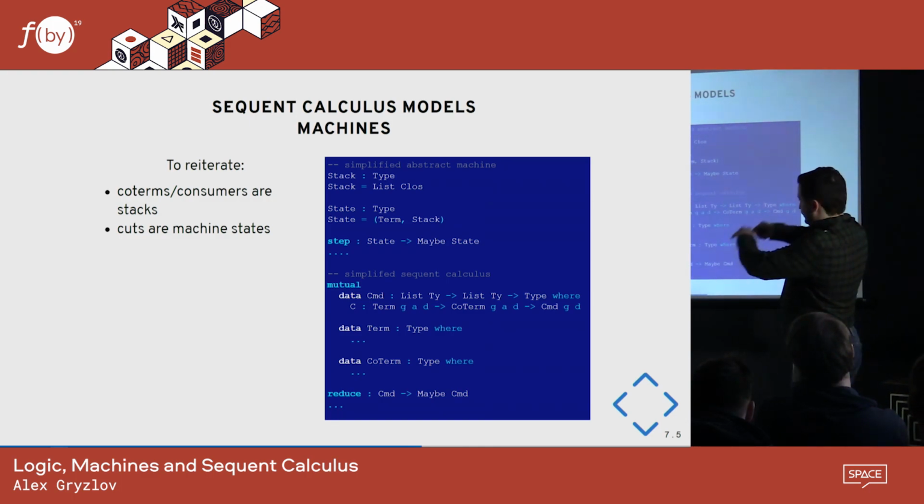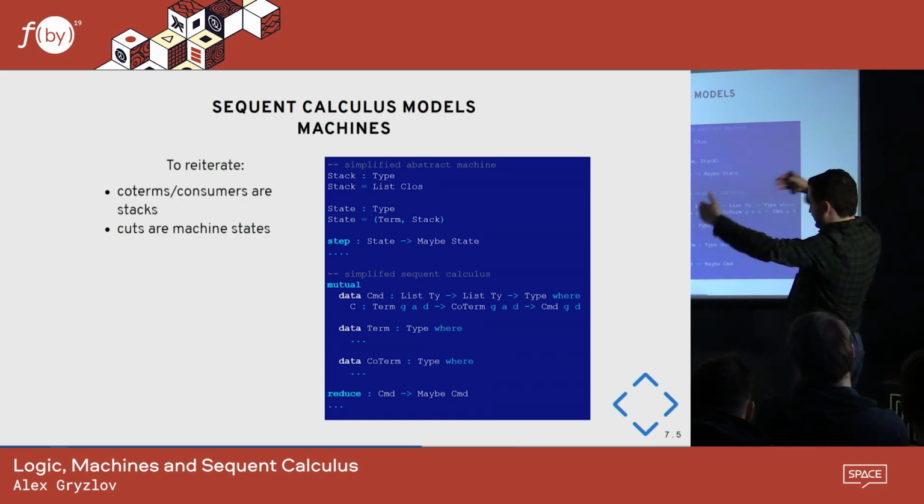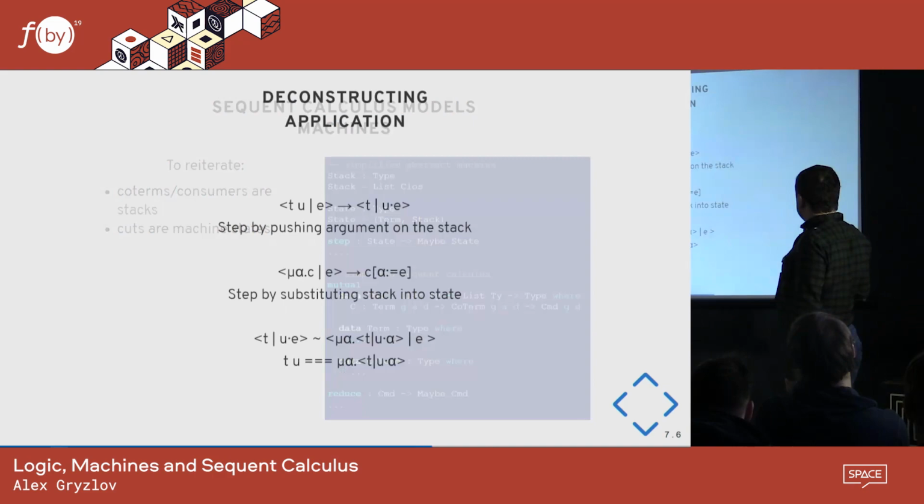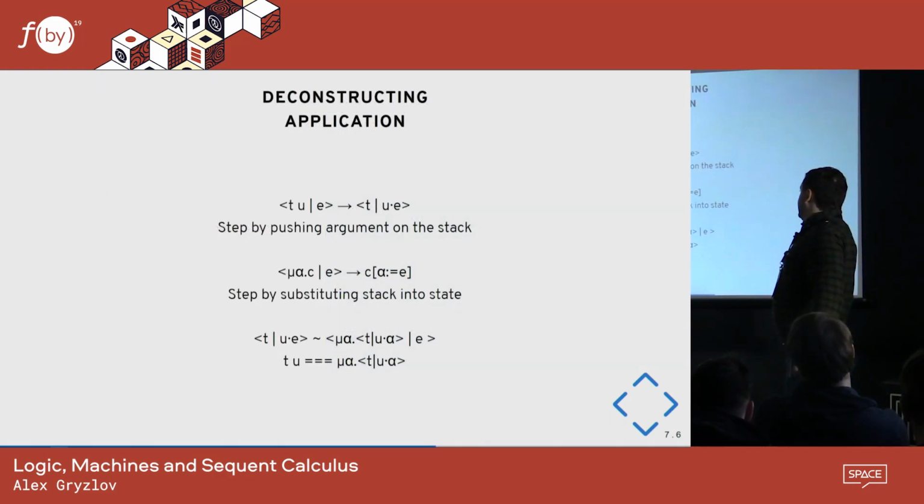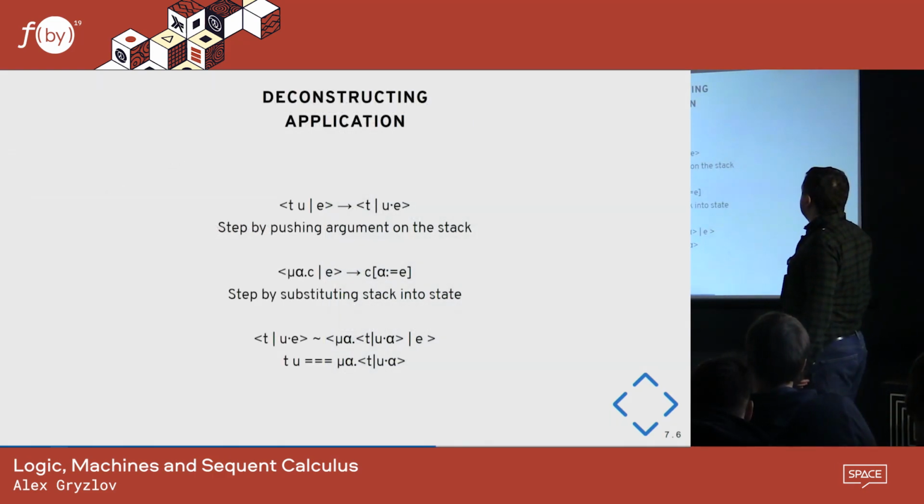You don't have to search through your term. You always have on the top level a term and a stack, and you can immediately reduce something. So if you implement the sequent calculus, it's out of the box tail recursive and low level, closer to what the evaluation is doing. Okay, so how would we add functions, for example, applications? You don't have applications, right? Applications correspond to eliminations, and in sequent calculus you only have introductions.